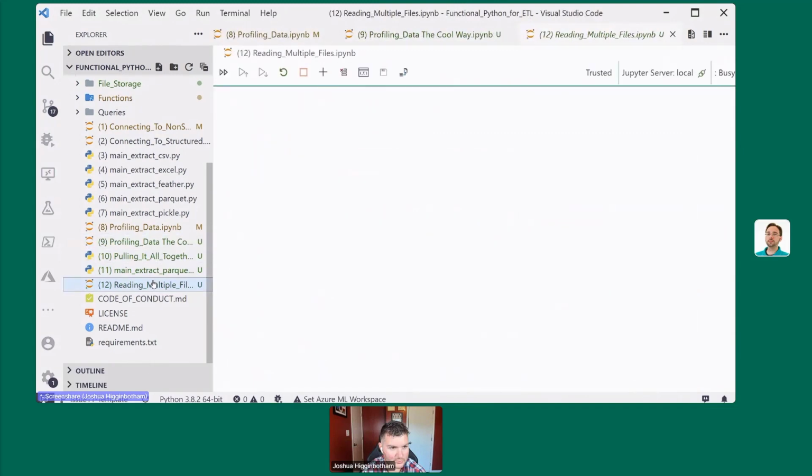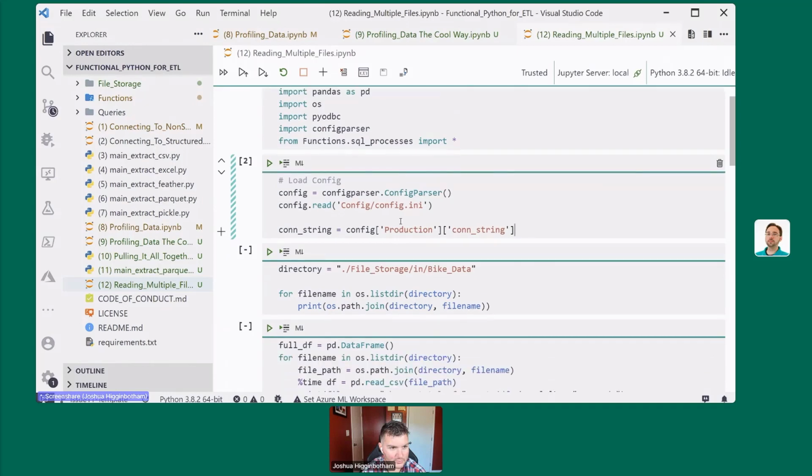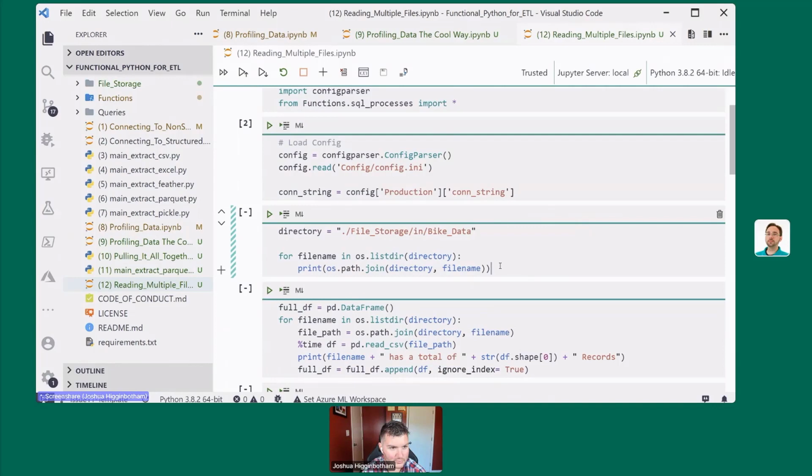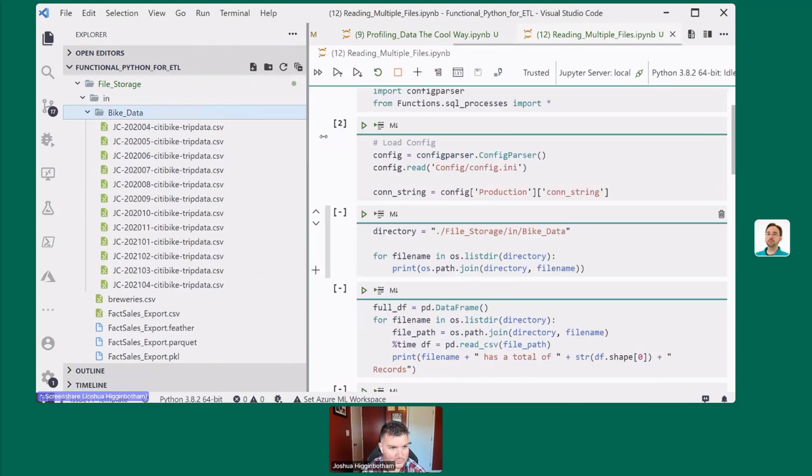I'm going to skip around just because I do want to show you where Python falls on its face, or at least Pandas does. So this is reading multiple files, but it also goes into some of the reasons why this could be slow. So again, we're going to import some of the libraries that we've been using across all of our systems. Going to connect to our SQL server, or define our connection string for our SQL server. And then within my in directory of my file storage, I've got a bunch of CSV files